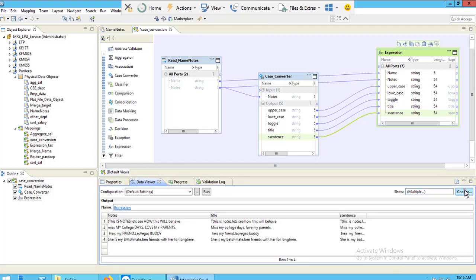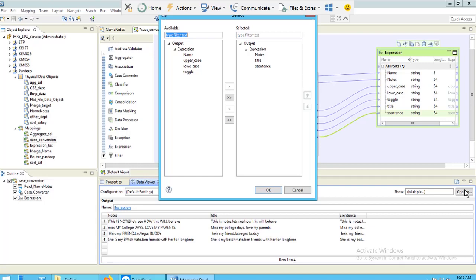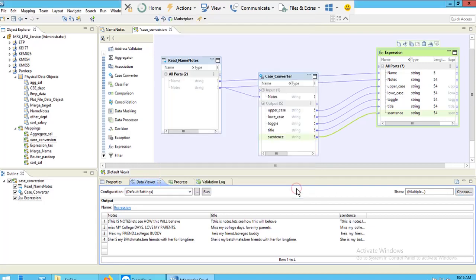Now let's first see with the title. Now you can see in this case also the first letter of each sentence is capital only, and the rest of the letters are small.